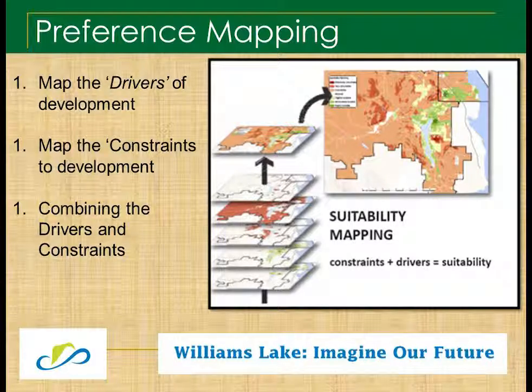So this is the kind of conversation in a room where people say, actually, you know what? I think that having some development on the edge of town allows people to access the forest, for the recreational aspects of that and the benefits that come along with that. But you have other people in the room saying, well, what we really need is more development in downtown. We want to have some rental over commercial in our downtown. We want to see small businesses thriving in the downtown. So we map the drivers, the things that are pushing us to develop in certain places, and we map the constraints. Then we combine all those things into all the mapping, and it comes up with